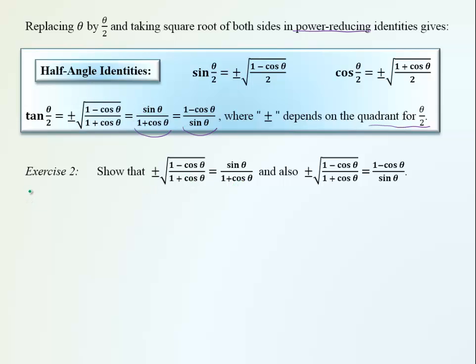Well, let's consider the square root of (1 minus cos theta) over (1 plus cos theta). If I wish to get rid of the root and change this expression to that form, it's a good idea to have a perfect square of something. So, if we multiply the top and the bottom by a conjugate of the numerator, 1 plus cosine theta, and the bottom the same,